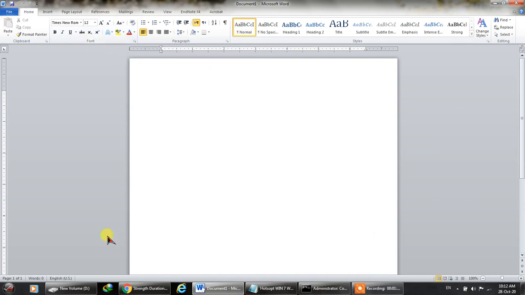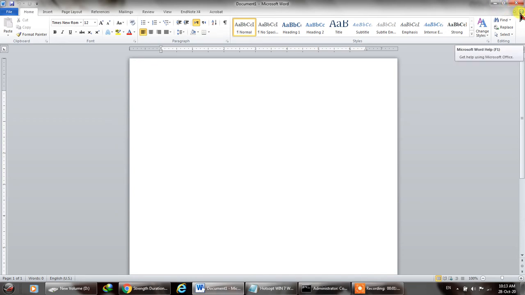If you look at this window, you can see on the top there is the title of this document. Because this document has not been saved yet, by default its name is Document 1. You can follow my cursor as well. This is for minimize. If you keep your cursor over there for some time, you'll see the minimize information, that whenever you click minimize, the document will be minimized. This is for maximization, and this is for closing.